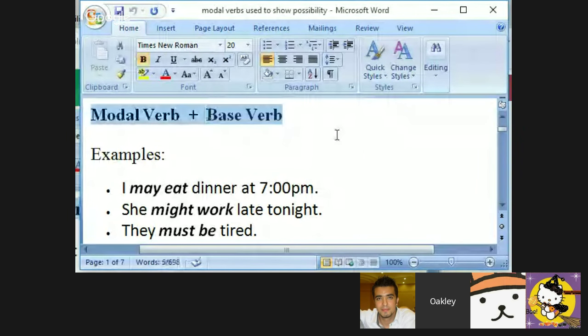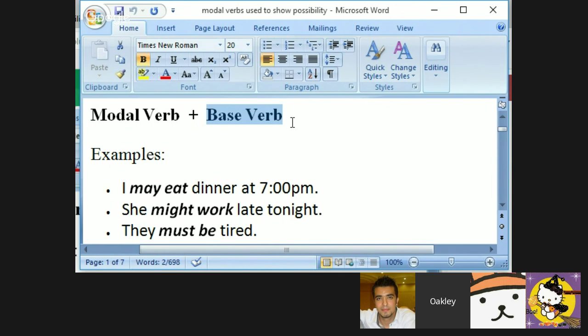A very common mistake I see with language learners is that they try to use a modal verb and then add some kind of other verb tense, such as an ing form, a present participle, or a past participle, or a past tense, or what have you. You can't ever do that. Okay, modal and the base verb. Well, okay. I say you can't ever do that. You can't ever do that if you're talking about the present or the future.